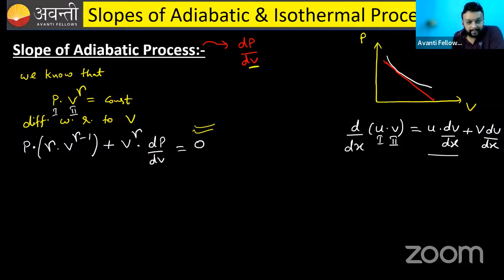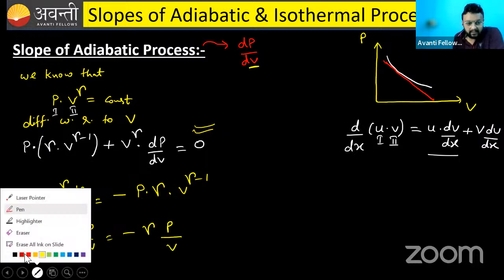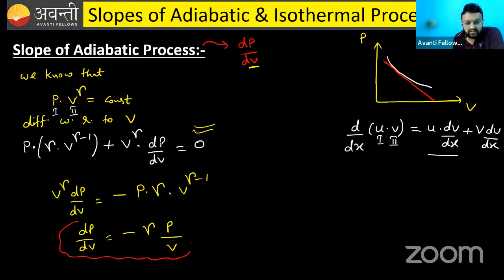Okay. So we need to calculate dp over dv. So it will be V raised to the power gamma dp over dv is equals to, I will transfer this term here, negative of P into gamma into V raised to the power gamma minus 1. So dp over dv will be negative of gamma P divided by V. If you transfer V raised power gamma here, it will become P over V. So this is the slope of